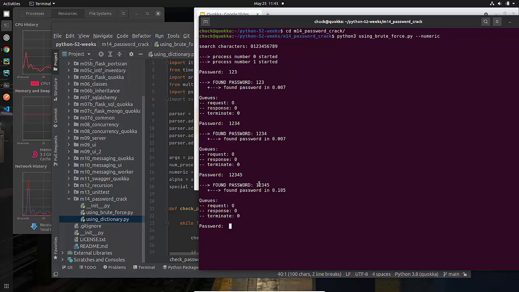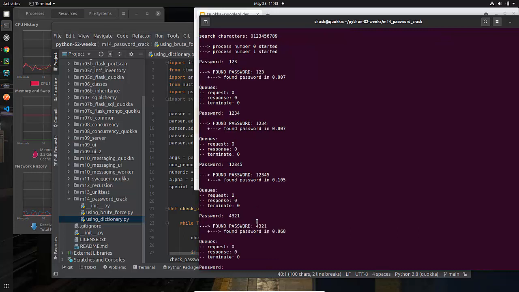0.105. Now, as you might imagine, when I'm doing this brute force, and I'm going to show you this visually in just a second, it starts at 00000, and then it tries 00001, 00002, etc., and goes forward. So you might expect, if I was to do something in the other order, in fact, I'm going to go 4, 3, 2, 1, and let's see how long that took.